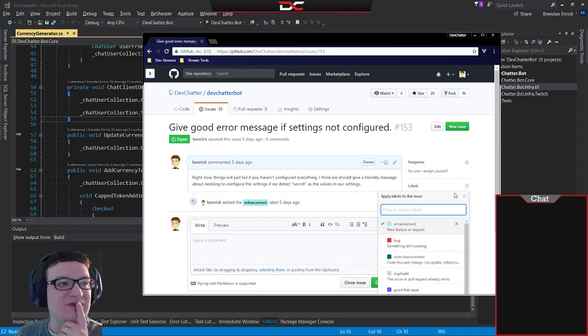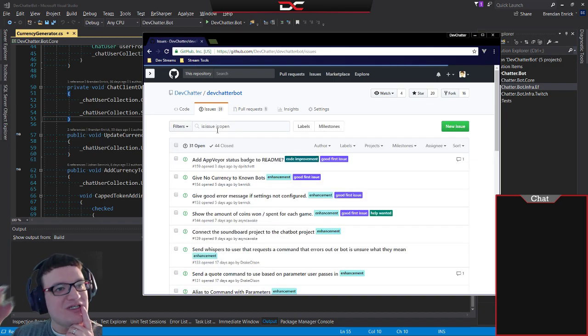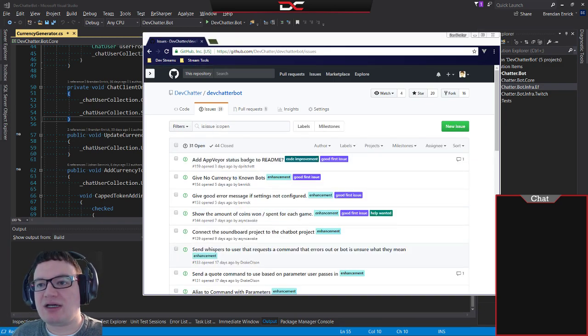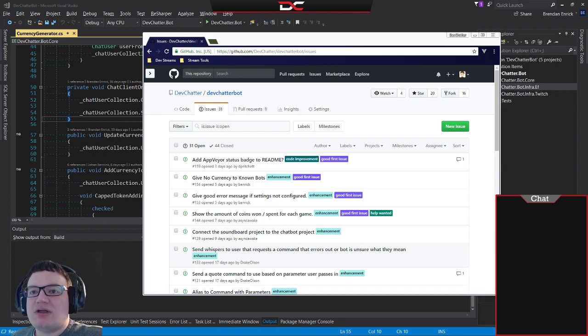This actually could be a good first issue, though. Friendlier message if you didn't get your settings in place. Okay, so it would be easier to jump into the,